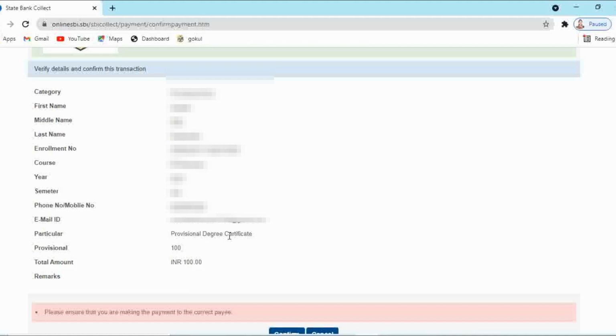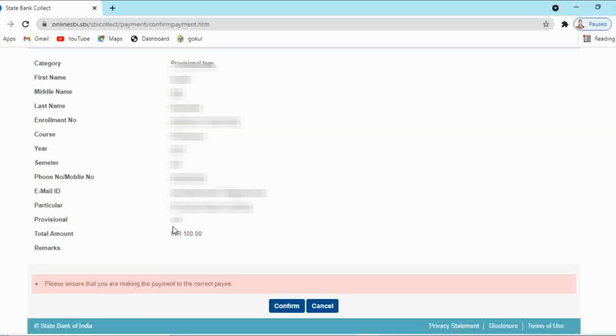In particular, the name of the degree certificate we have entered is also displayed over here. Your fees. So all this information will be displayed over here. You have to just check it once. Just check this information, whatever you have filled, and then click on confirm.